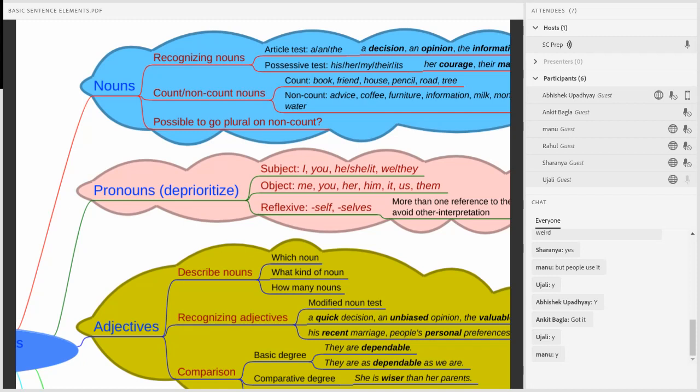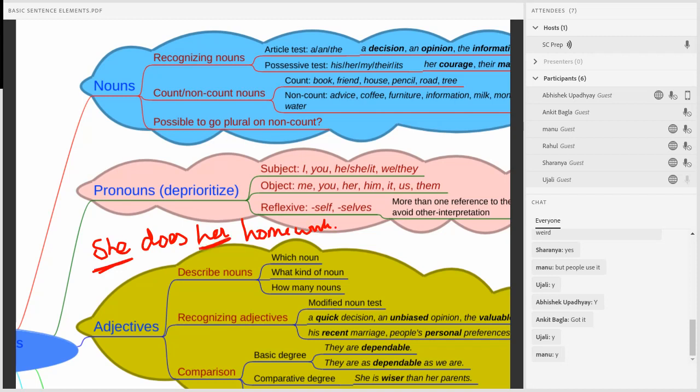You have things called subject pronouns. Subject pronouns would be pronouns that you would put in the subject position. So, for example, if I say something like, she does her homework in the evenings, over here she is in the subject position. But if you look at this word, her,